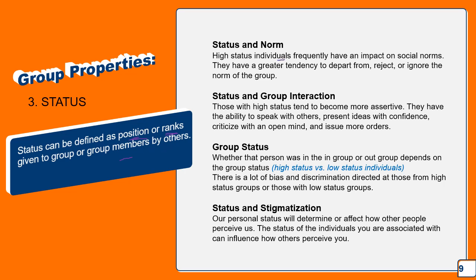High status individuals frequently have an impact on social norms. They have a greater tendency to depart from, reject, or ignore the norm of the group. So people who have higher status in a group, let's say group leader, manager who is a member of one small group, they have this tendency or this probability, they will try to depart from. Depart means they will leave the group, or they will try to ignore the norm set by the group. So if the group said that everybody must show high honesty in the group or to the other group members,